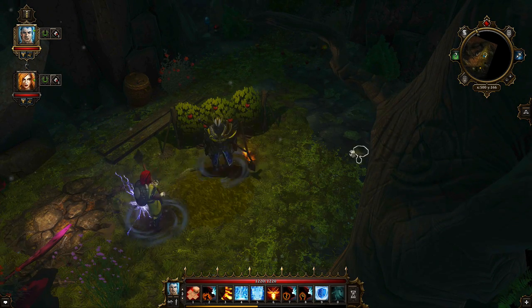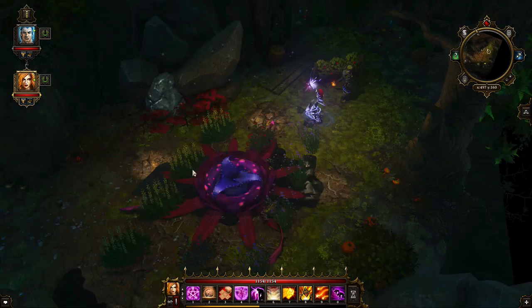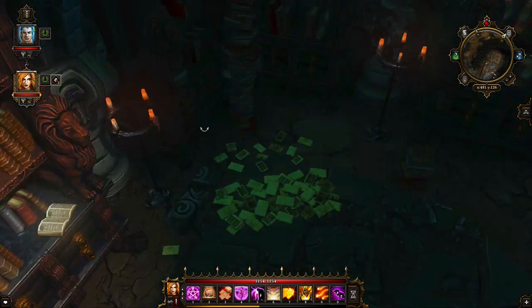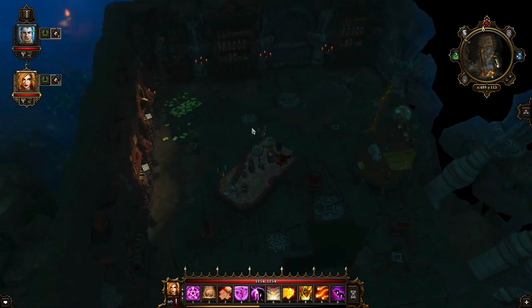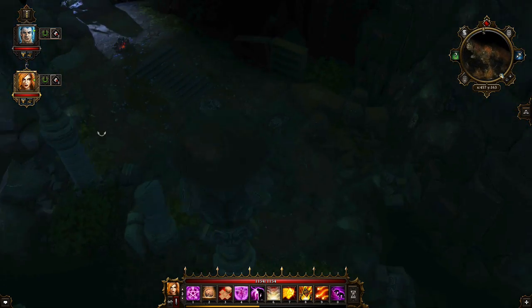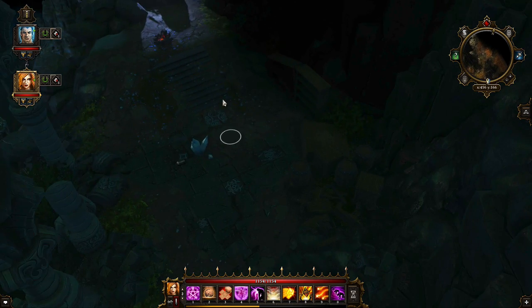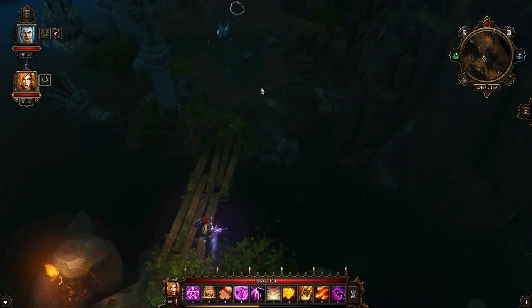Well, pick the shovel then. So, here's the key to the study. So now you can simply waltz back over here, get up in here, and unlock the study. What to do in there is a whole nother matter, or perhaps even another video. But the imp is right up over here if you want to complete the quest of, well, we can't complete the Frederick quest because he's dead. But,